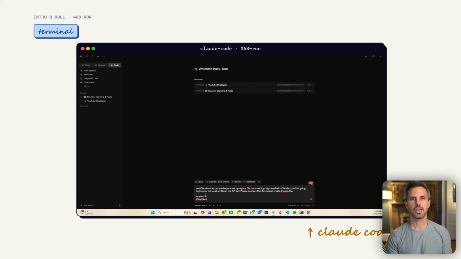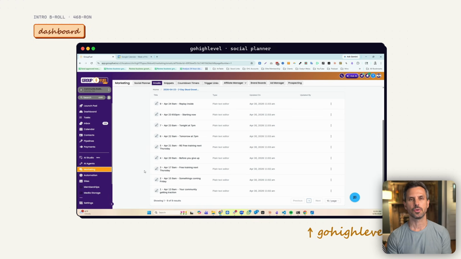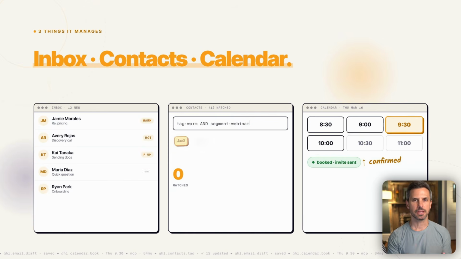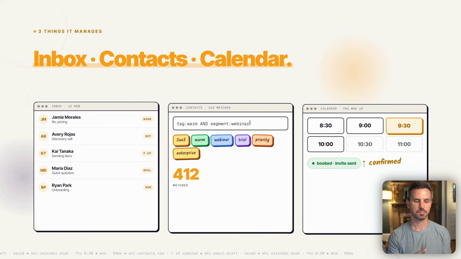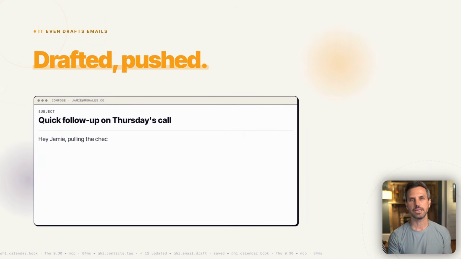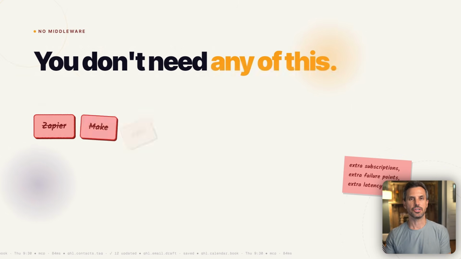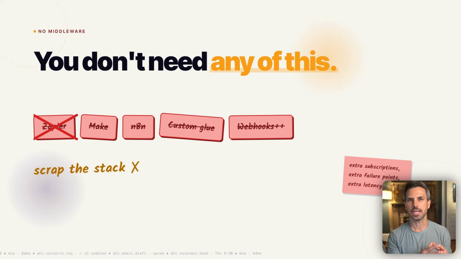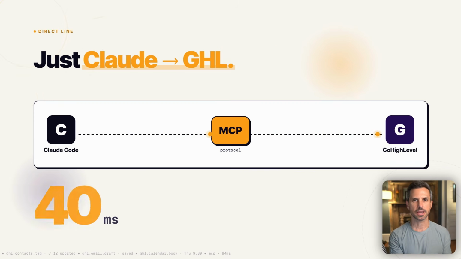By the end of this video, you're going to have Claude Code fully integrated with your GoHighLevel account and managing the system for you. It'll be able to manage your inbox. It'll be able to manage your contacts, book appointments. It can even create emails and then push them into the system. And you don't need Zapier, you don't need Make, you don't need any third-party tools, just a direct connection between